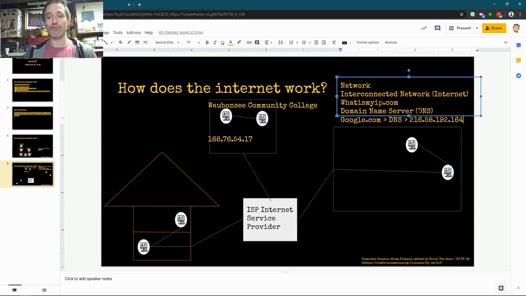What this means is every single domain name, every single website you've gone to, your domain name server has been asked, where is this? So that means your domain name server has actually been tracking every single website you've ever gone to. So that's not necessarily a good thing. So you can actually change your domain name server to make it so it's not the company that you're paying for internet, because obviously we don't want to pay companies to sort of track our usage, because they will sell that information,